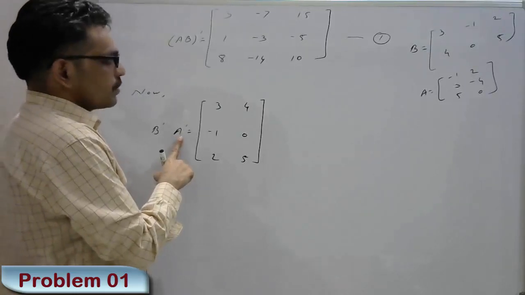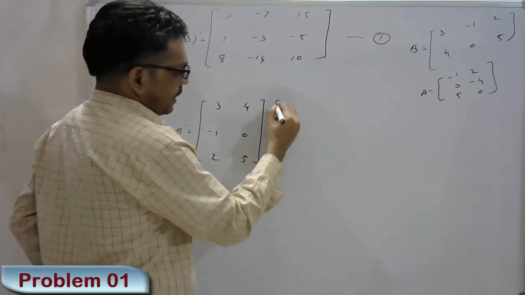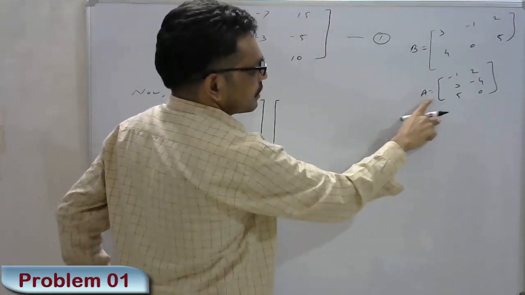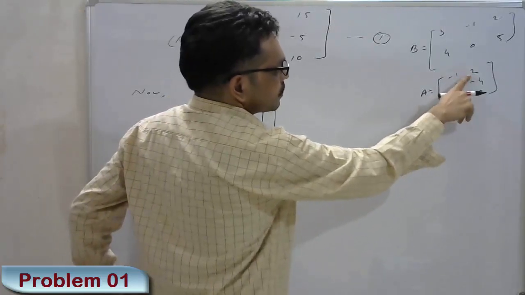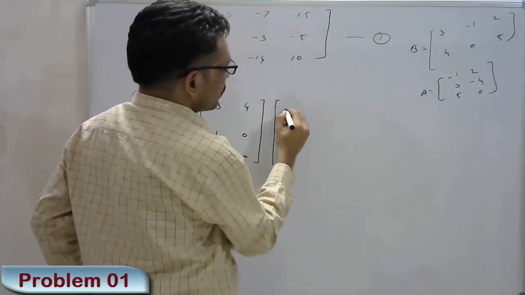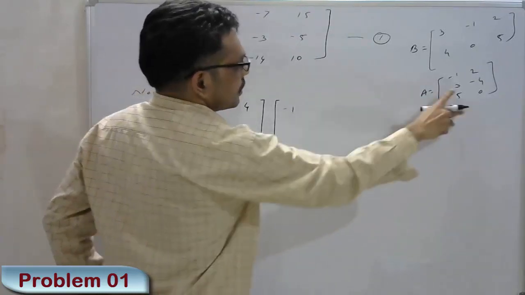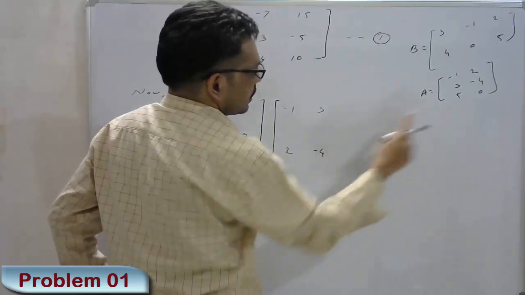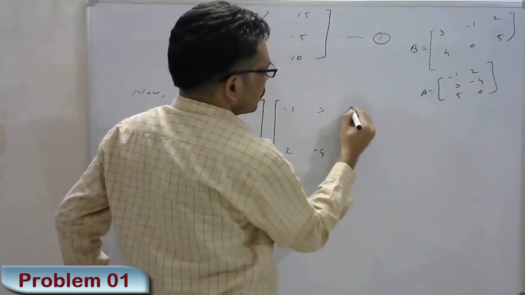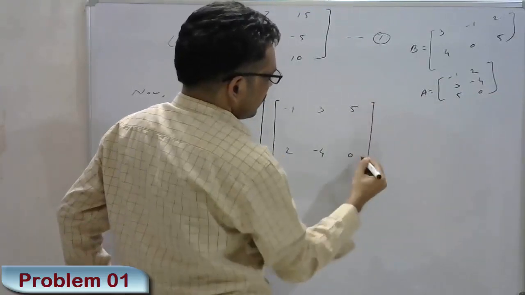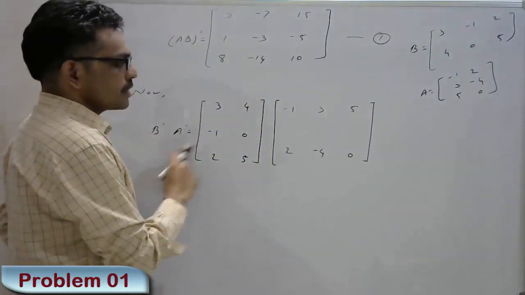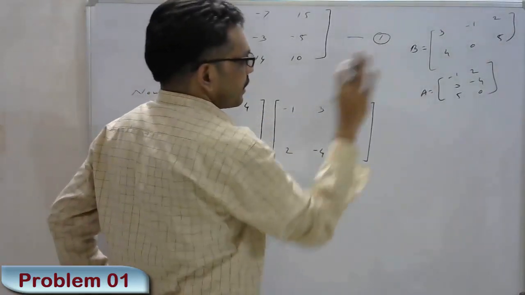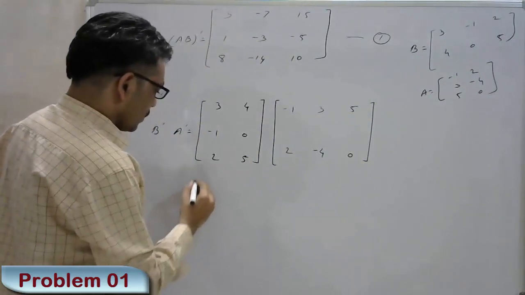Also, the A transpose is obtained from the given matrix. Here, the first row is minus 1 and 2, interchanged to its column. The second row is 3, minus 4, interchanged to its column. The third row is 5, 0, interchanged to its column. That is, B transpose and A transpose are obtained by interchanging the rows and columns of the matrices B and A. Then this one is equal to